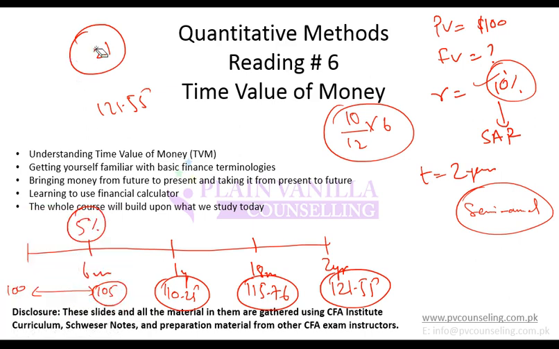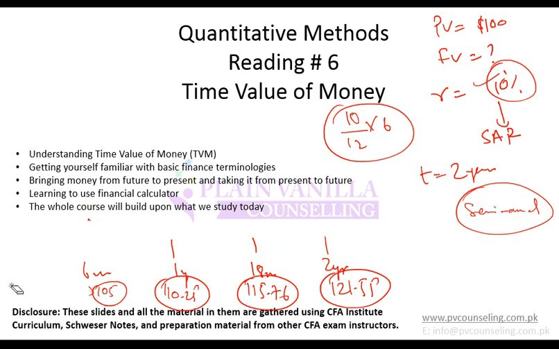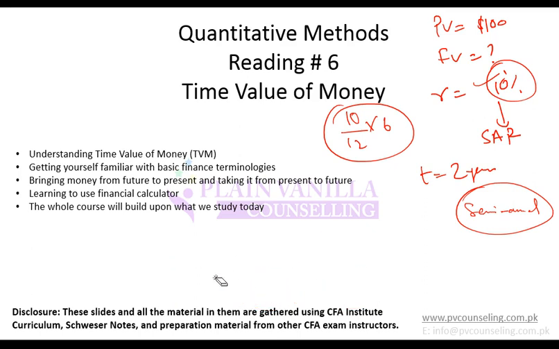So if you have semi-annual compounding, how do you calculate the future value? You will use the same formula that we did earlier, which is future value equals present value multiplied by 1 plus r to the power t. Only difference is that this rate and this t will change. So present value is 100. Now you multiply it by 1 plus r. R is 10% for the annual rate, but for 6 months it would be 5%.